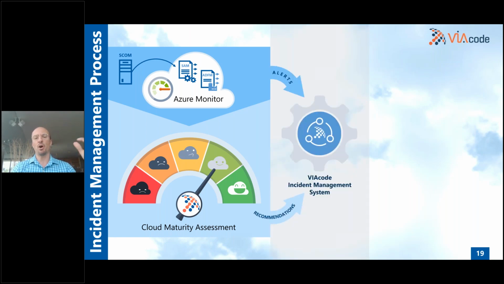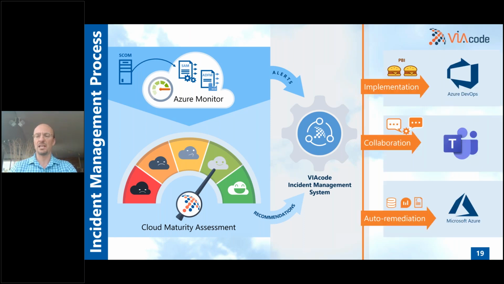And we've integrated both reactive alerts and proactive recommendations into our own incident management system, which in turn we integrated into the development backlog. So with one click of a button, you can delegate it to developers, with collaboration inside Teams. And we've invested a lot into automation for well-known service failure modes.